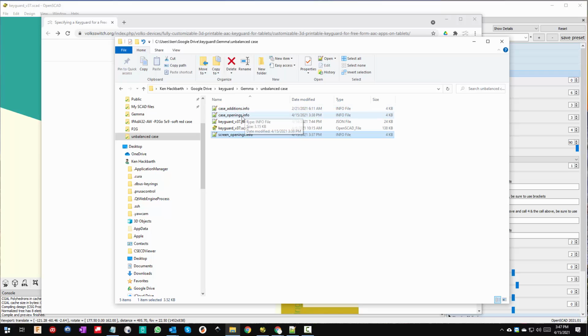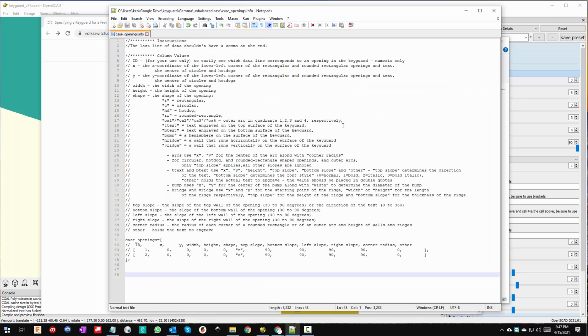So there are several info files. This is the one you're going to be editing, adding content to. So we'll just open that up. The file has a bunch of comments at the top to help explain what the data is that goes in here, and then some examples down below that are basically ignored because of these two slashes that are in front of each line. So we'll start by removing those two slashes, and then we'll go back up here and look